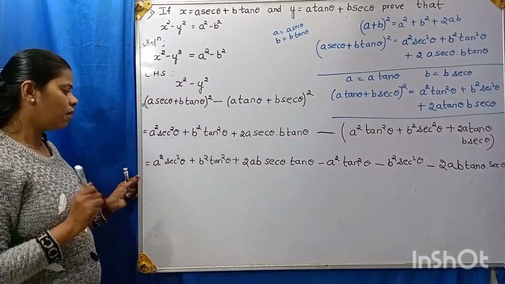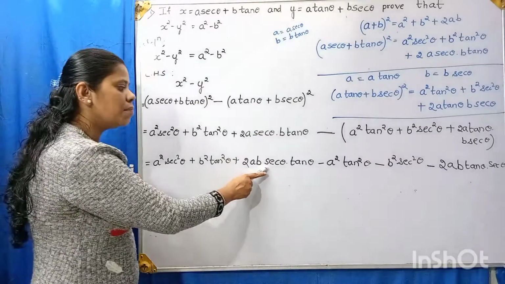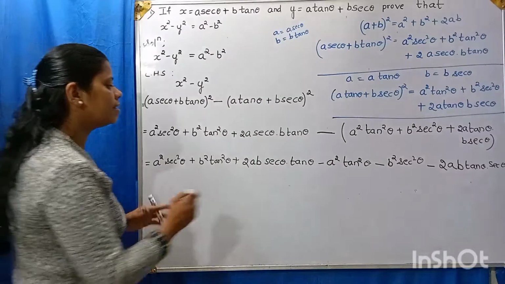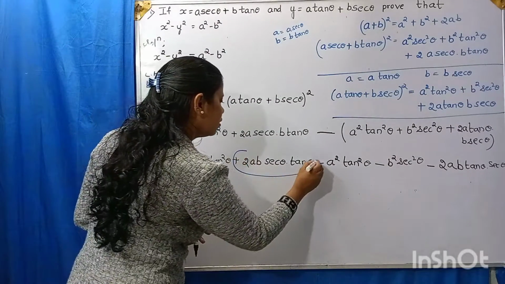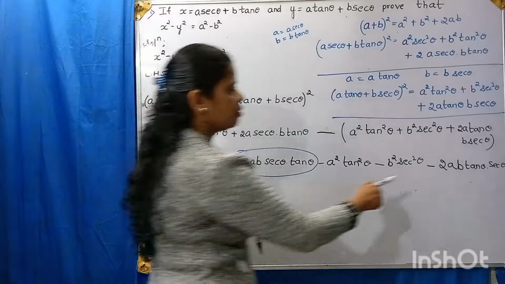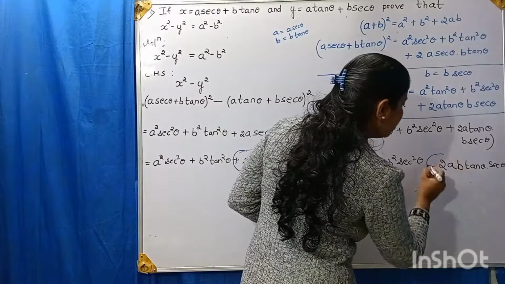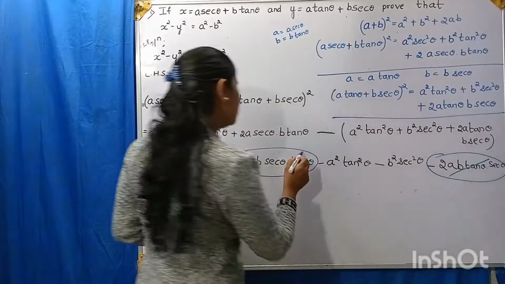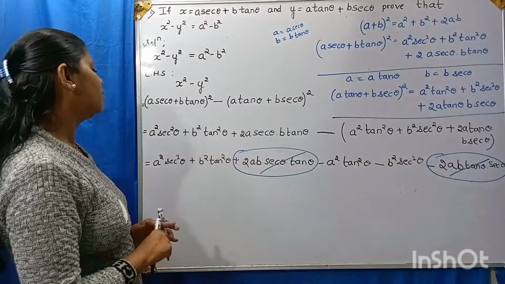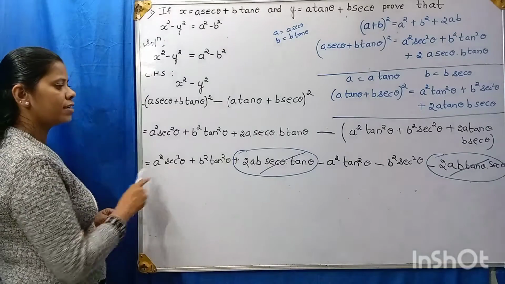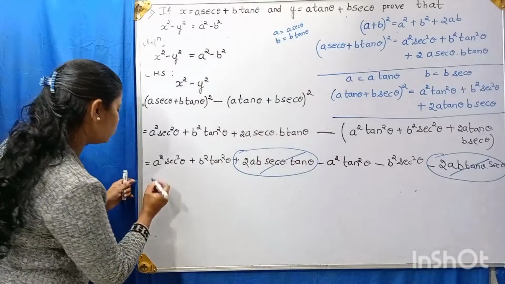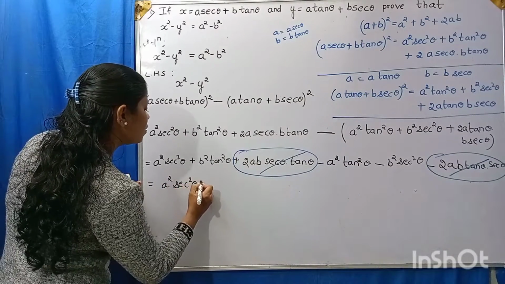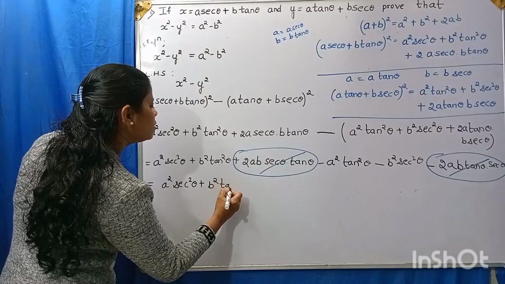Now observe the terms. 2ab secant theta into tan theta, that is plus 2ab into secant theta into tan theta, minus 2ab into secant theta into tan theta. It will get cancelled. These two will get cancelled, right? Then what is left? A square secant square theta. What is left? A square secant square theta plus b square tan square theta